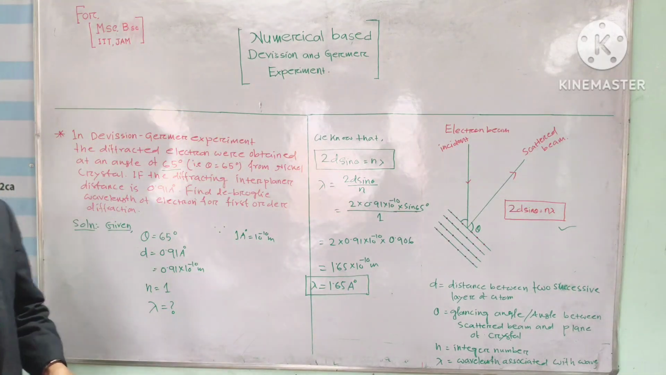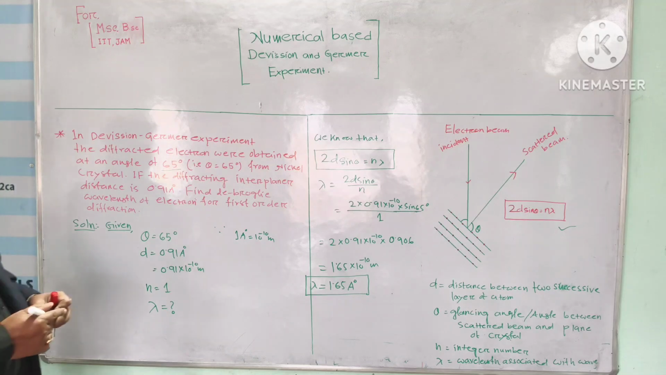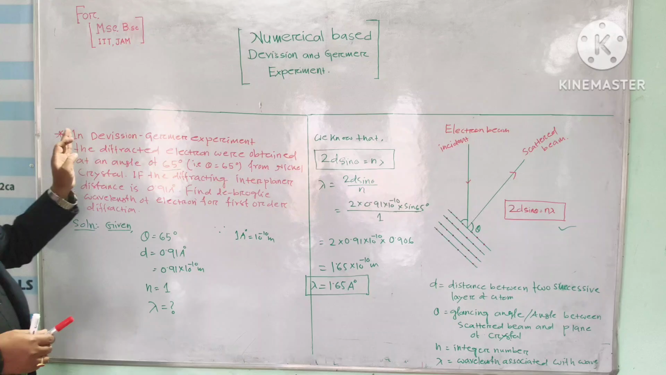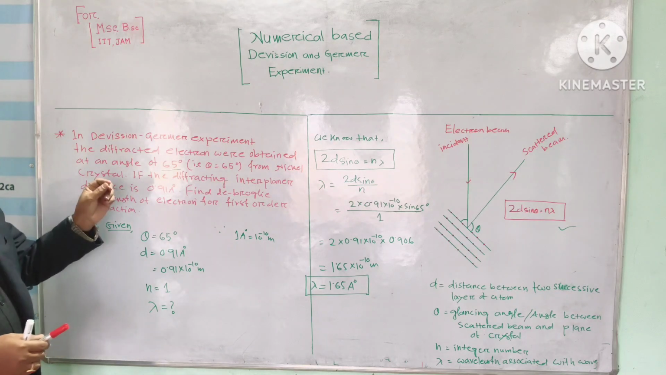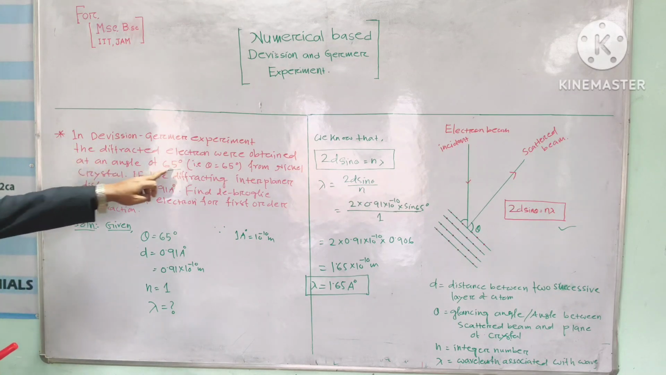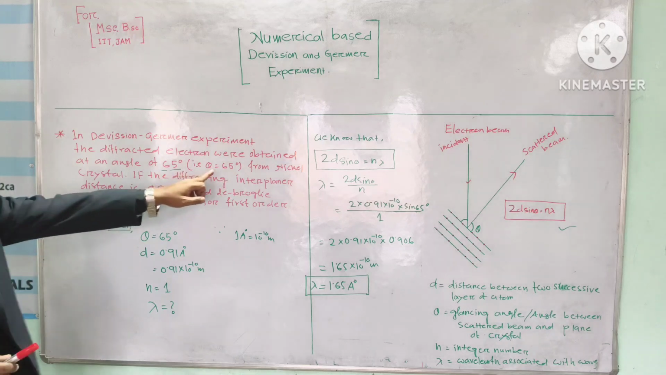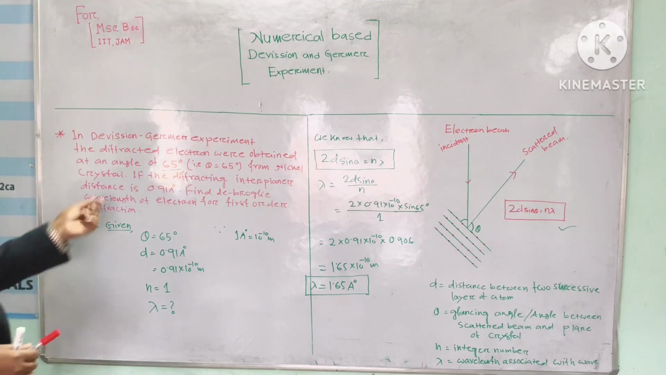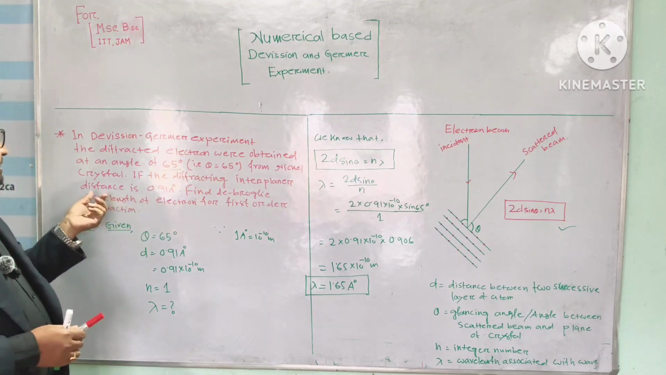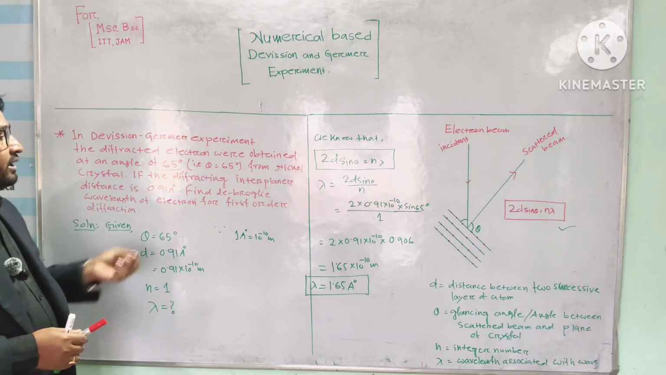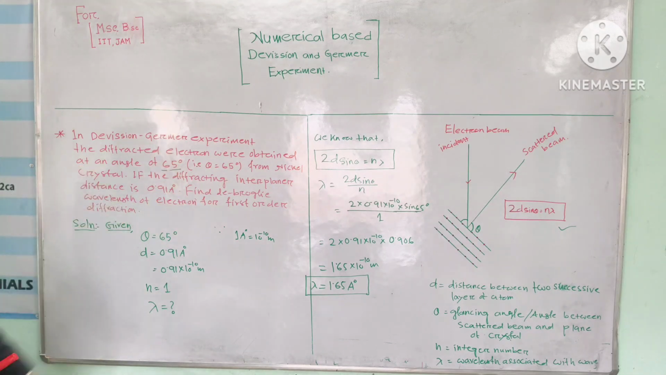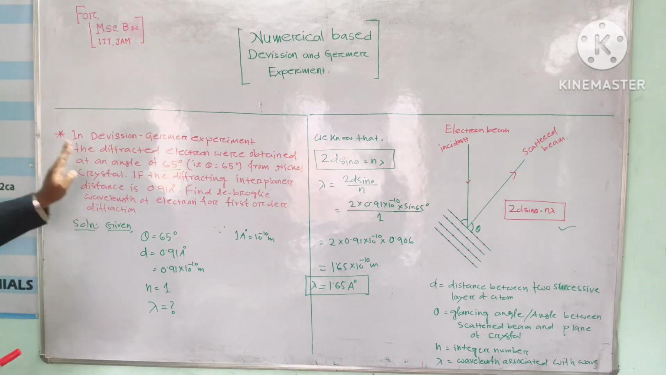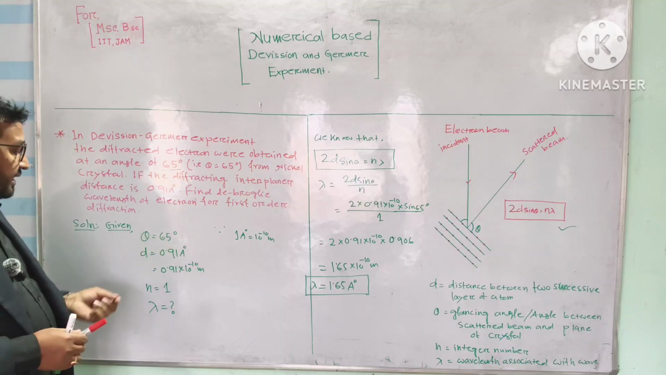For your better understanding, I am going to repeat it once again. The statement of this question is like this: in the Davisson-Germer experiment, the diffracted electrons were obtained at an angle of 65 degree. This is the diffracted angle, that is theta equal to 65 degree, from nickel crystal. If the interplanar distance is 0.91 angstrom, find the de Broglie wavelength of the electron for first order diffraction. From this numerical problem, the given data are theta equal 65 degree and d,